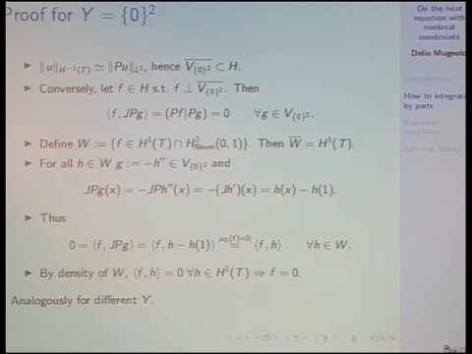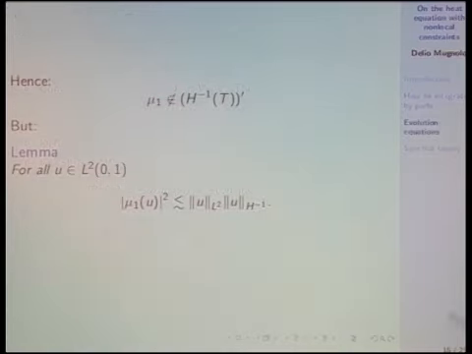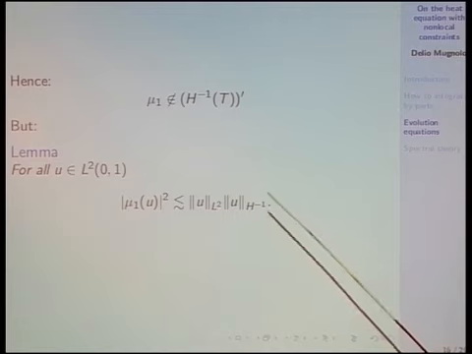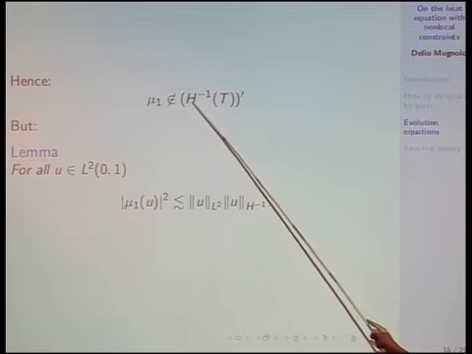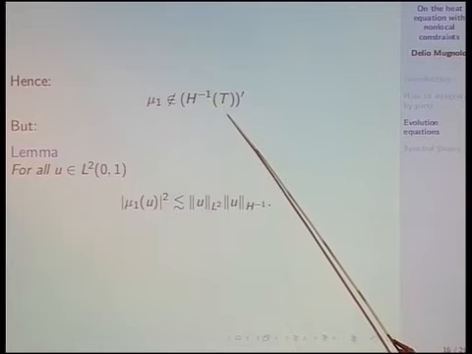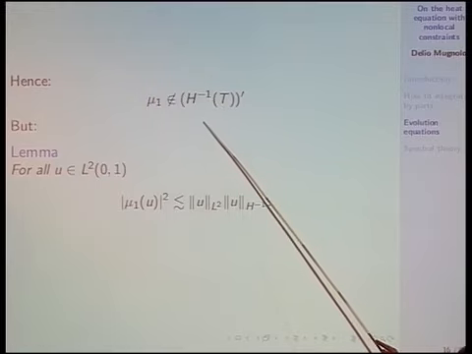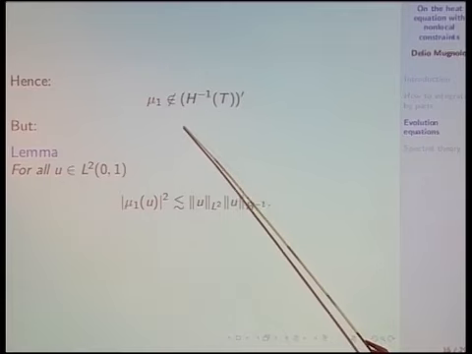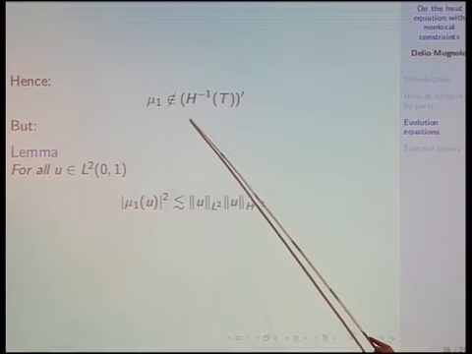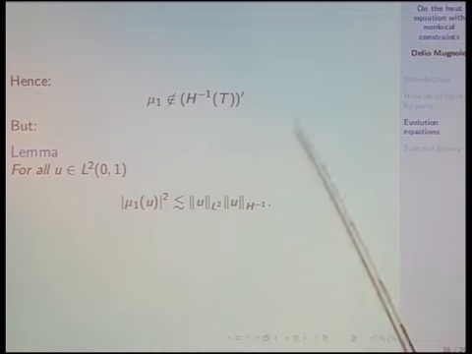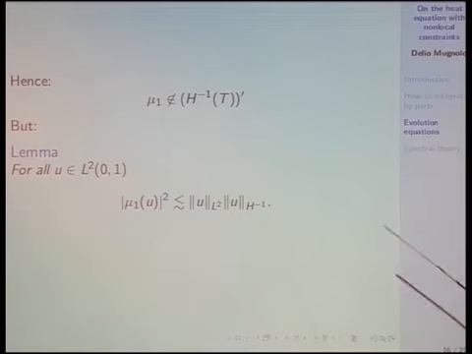So as you see, it's not really difficult, but the techniques are completely different from those you usually use to prove density of form domains or subspaces in the boundary condition case. A direct consequence of this density result is that mu1 cannot be extended by continuity to this space here, because otherwise its kernel, so its null space, would be closed in H^-1(t), but this cannot be because it strictly contains a dense subspace. So this is bad,